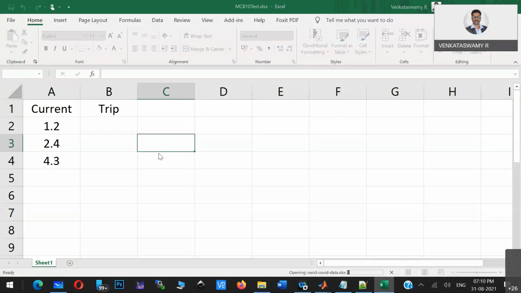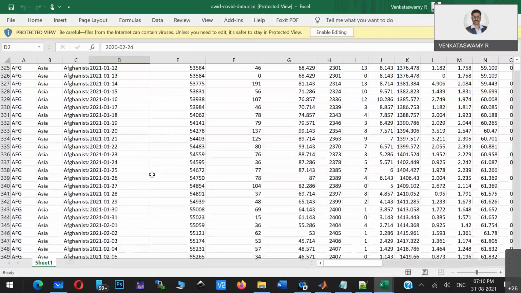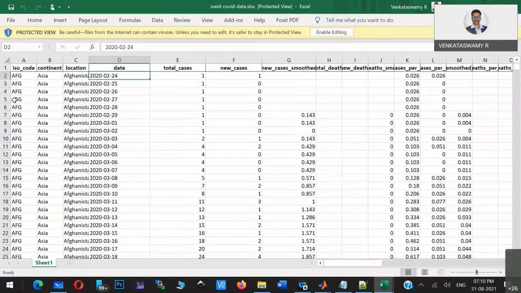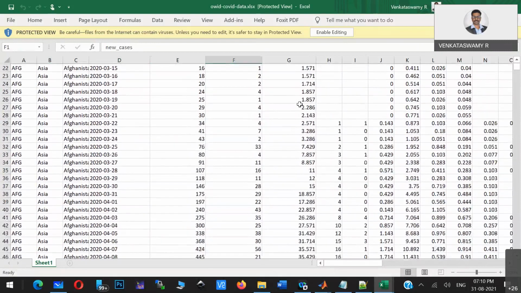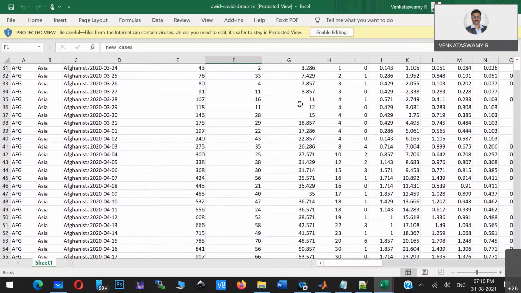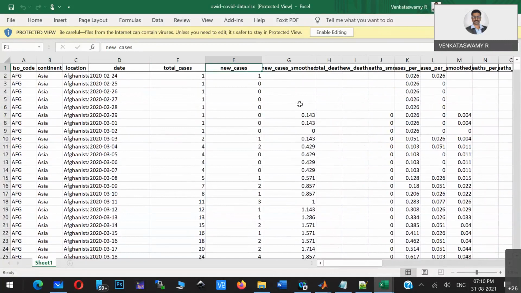If you observe the columns that this Excel sheet is providing, can you see the data here? One is country code and continent, location, date, total number of cases, new cases. So here we have heterogeneous data. Machine learning is the best tool to apply to this particular data and to seek any information from it.